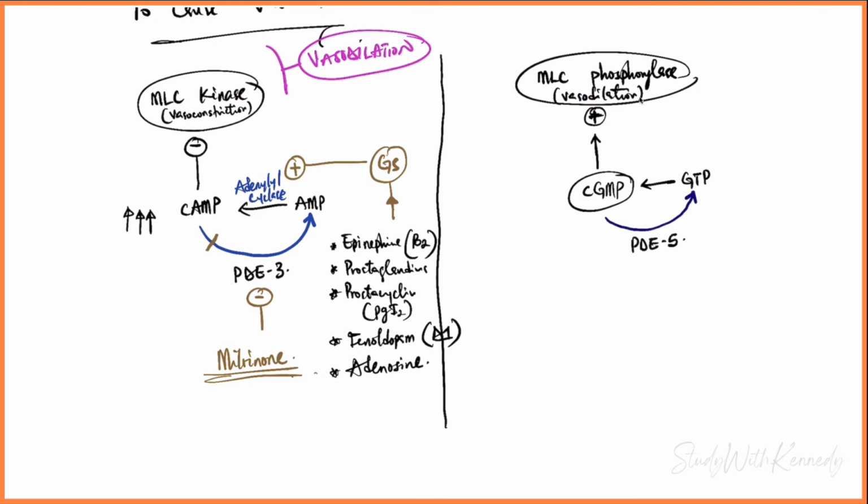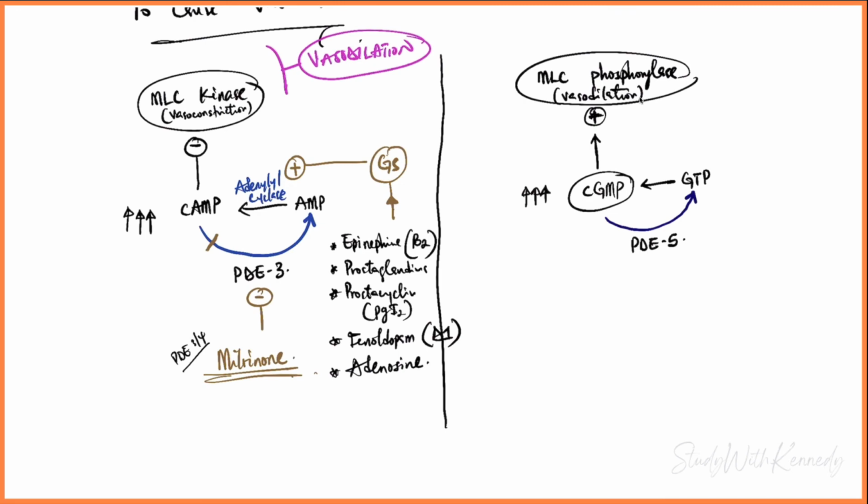This time it's 5, not 3. Okay, you want to remember that milrinone inhibits PDE 3 and 4 actually. Okay, PDE 5. So if we can stop this PDE 5 from converting cGMP back, we will increase the amount of cGMP by a lot, and cGMP in turn will activate myosin light chain phosphatase and cause vasodilation,